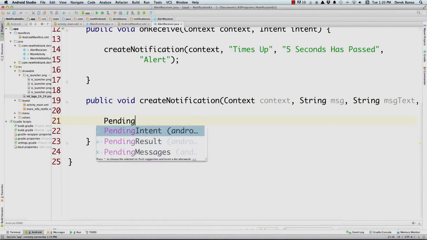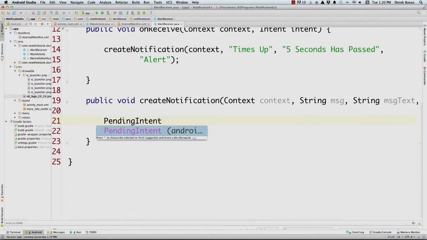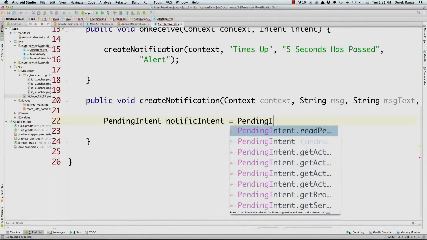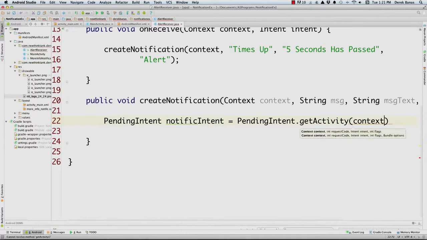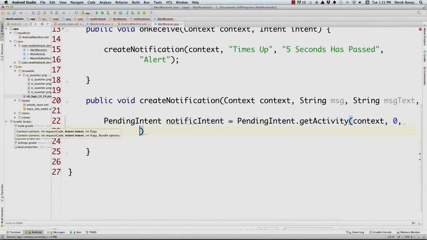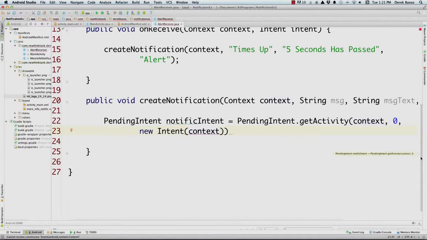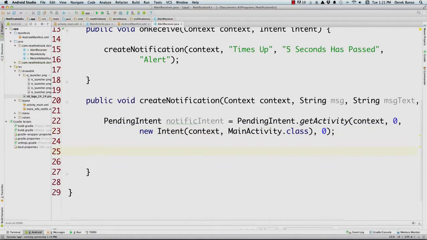And just like before, we're going to do this in a slightly different order here. We're going to define our intent and the action to perform with it by our other application. Notification intent, just like we did previously. Pending intent. And we're going to go getActivity. Pass in our context, 0. Let's go down to the next line, and then we'll go new Intent. Sort of condensing. If you want to look at the previous code, you're going to see how I'm able to condense this down. MainActivity.class, and then pass 0 in here, and there we go. So this is basically going to open up the main activity area, where we are going to go back to in a second and handle this.